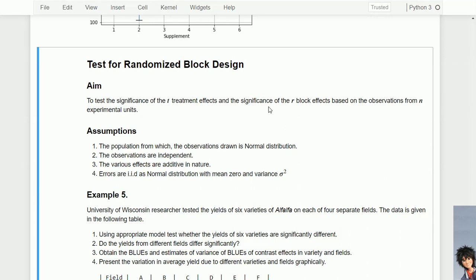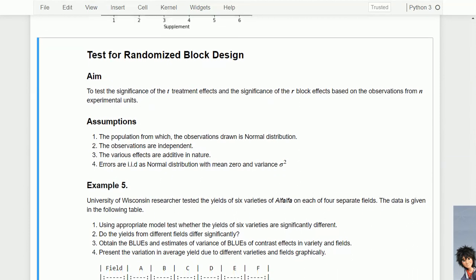Again, the assumptions are the same. The population from which the observations are drawn is normally distributed. Observations are independent. Errors are normally distributed with mean 0 and variance sigma square.